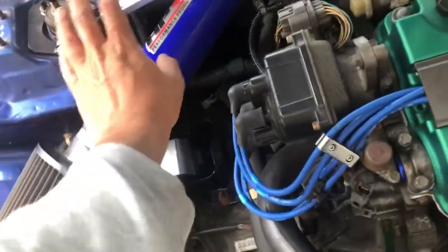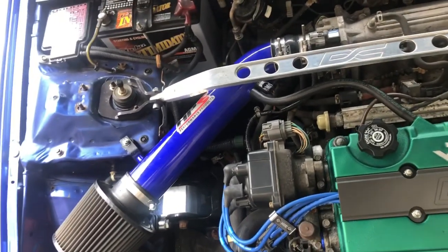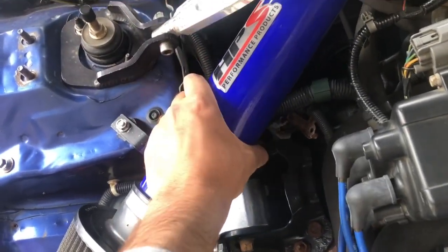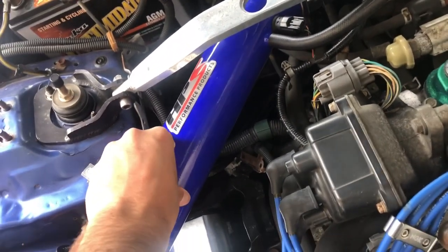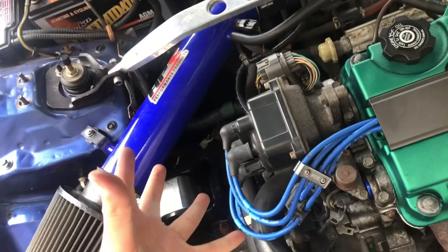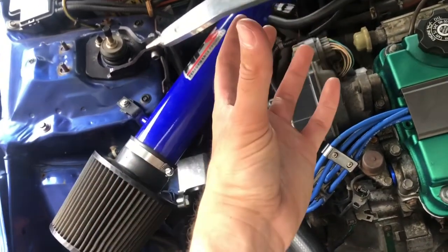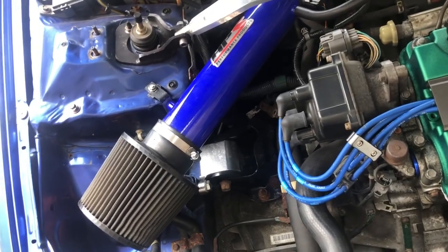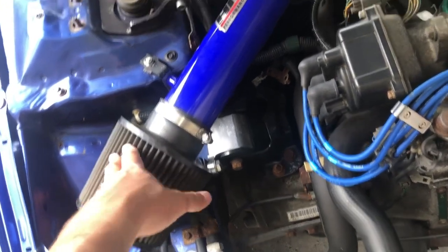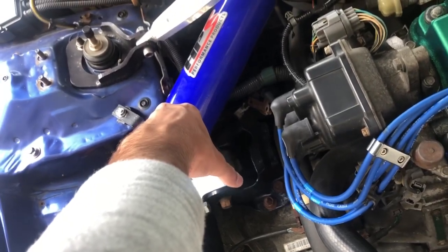So obviously this intake for sound is better. It sounds much louder because it's a much more compact, smaller pipe compared to the power chamber whale penis carbon intake, which has a way bigger pipe. That's a lot of air going through, so it doesn't really produce that much of a big sound for the VTEC crossover. So the best thing for you to do if you ever want loud VTEC crossovers